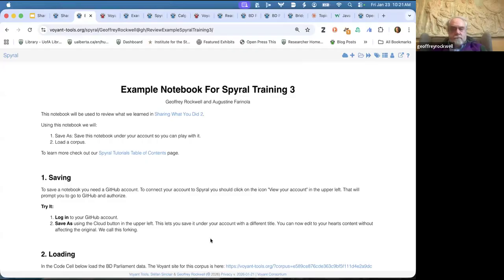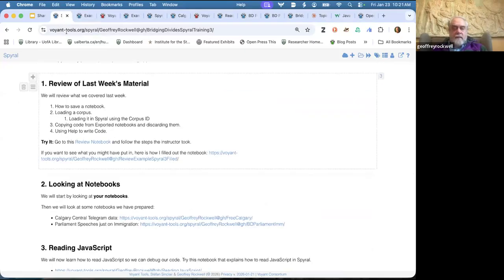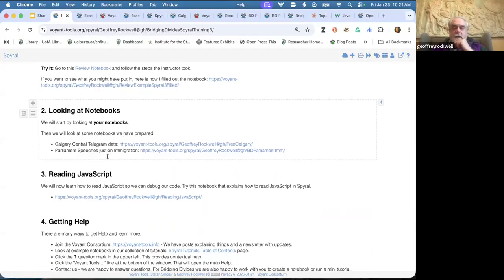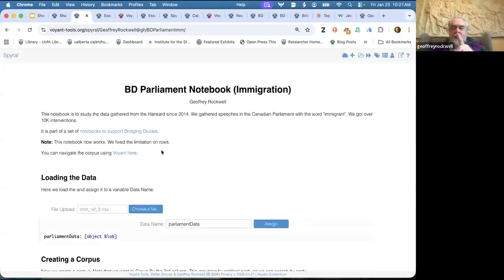Okay, so what we're going to do now is move on to the next section. We're going to look at some notebooks. I'm going to quickly look at one and then I'm going to open it up to the rest of you who might have one to look at. So this particular notebook here is similar to the Parliament one that we've been working with,